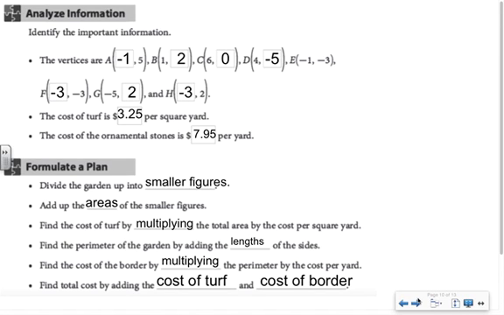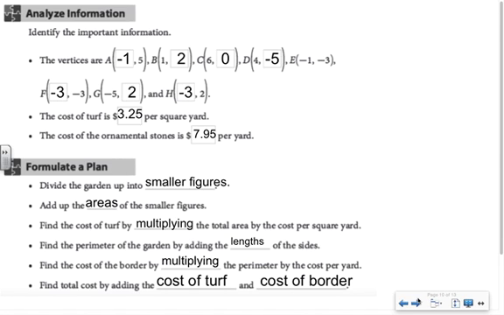So we're trying to find the total cost of the turf and the stones. You'll notice that I've filled in the blanks for these two sections. Again, in order to save a little bit of time, you might want to pause your video in order to get this information down. I just filled in the blanks for the vertices, the information from the word problem dealing with the cost of